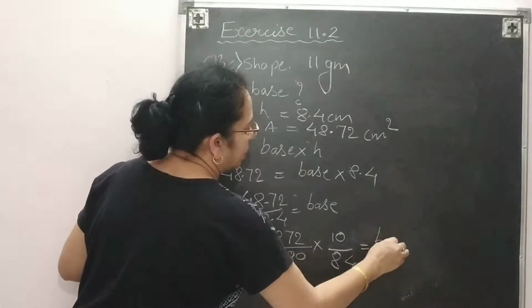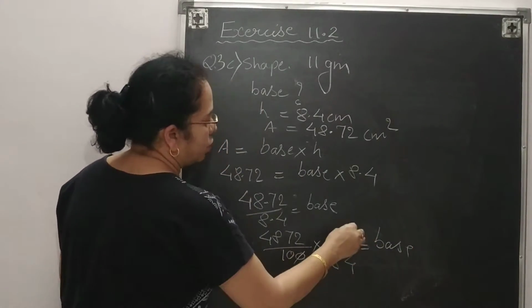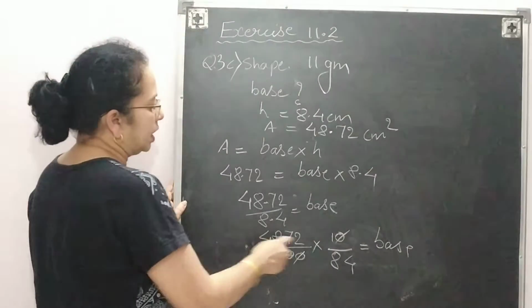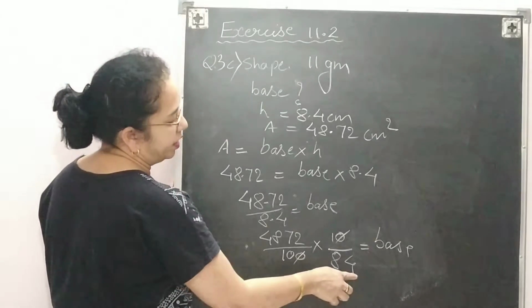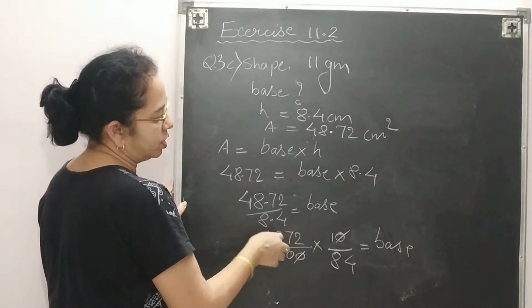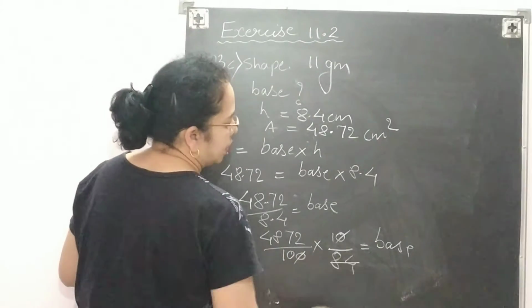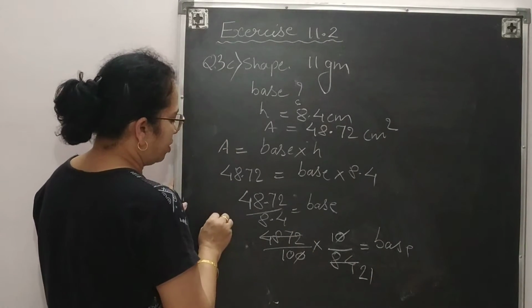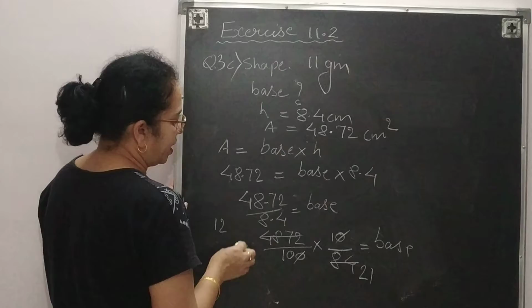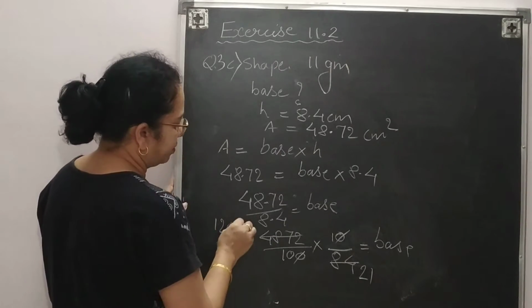Now we will cut these numbers. So 10 and 10 you can cut. These numbers are divisible by 4. You can see by divisibility test, these two numbers are divisible by 4. So 4 2s are 8, 4 1s are 4. This number will be 4 1s are 4, 4 2s are 8 and 4 8s are 72.